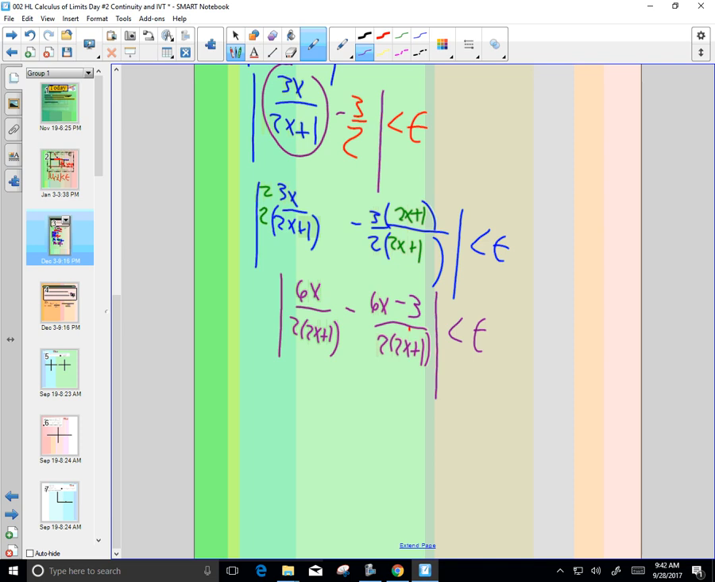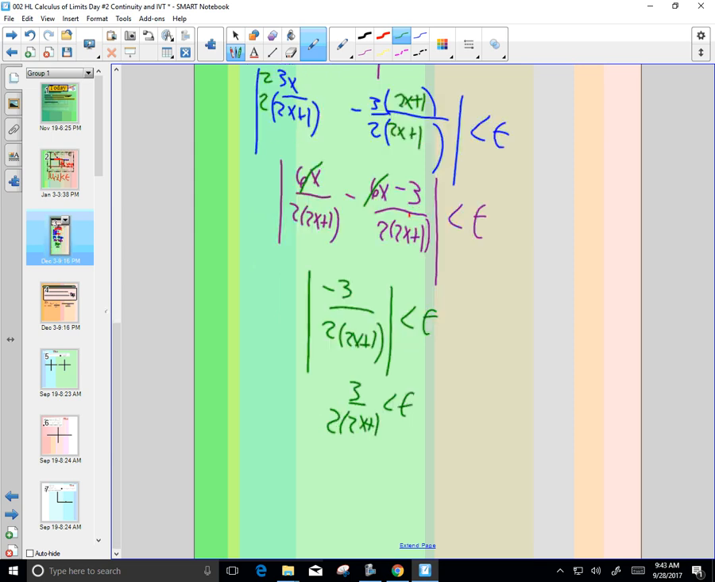What happens to the top? Those are going to cancel. And so you're going to get the absolute value of negative 3 over 2 times 2x plus 1 is going to be less than epsilon. Now, what's the absolute value of a negative? A positive. So this is going to be 3 over 2 times 2x plus 1 is going to be less than epsilon. This is my relationship